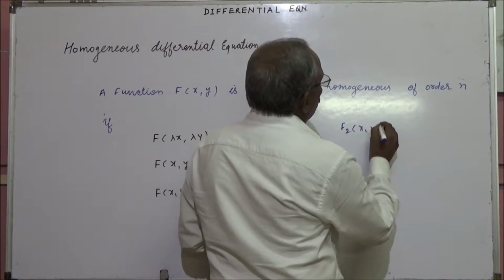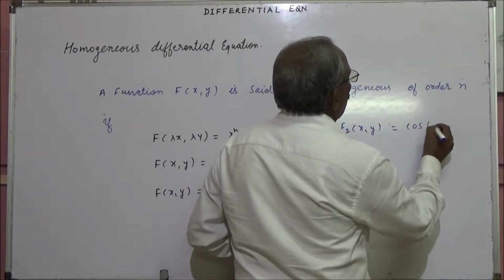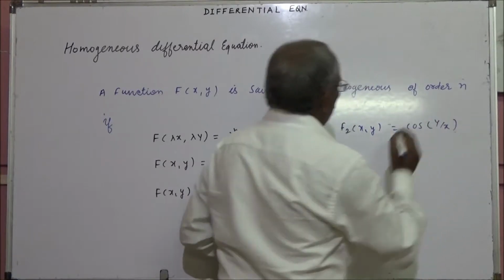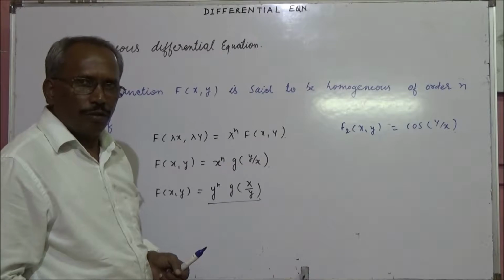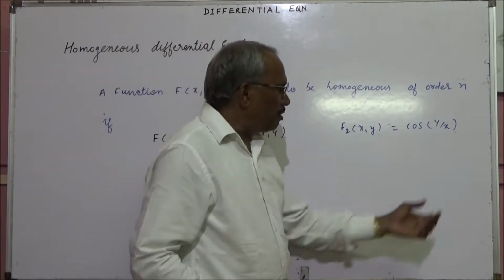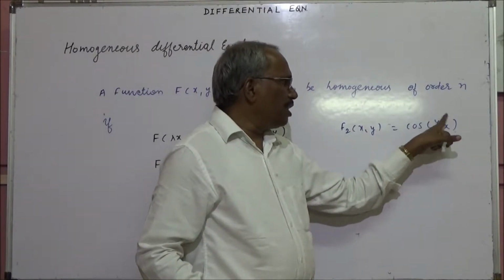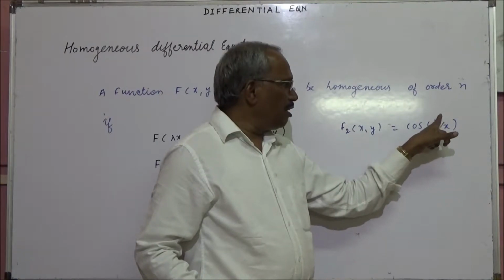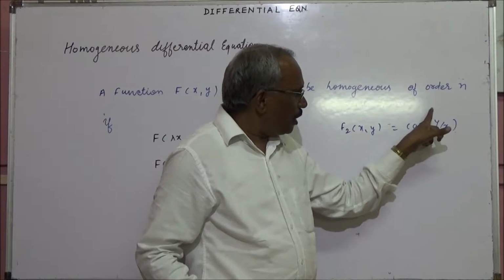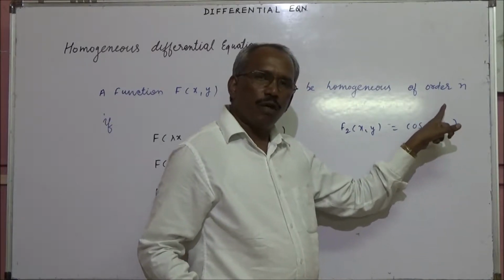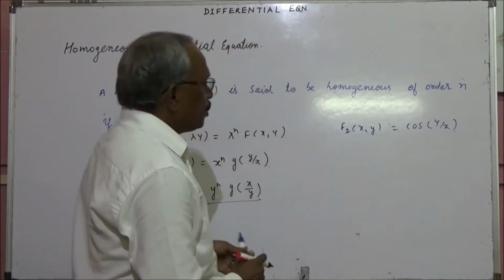f2(x, y) is equal to cos of y by x here. Now ये तीनों में से कोई भी एक मेथड यूज करेंगे हम लोग. Okay. So what is the degree of this function here? Degree is 0. Degree of y is 1. Degree of x is 1. Therefore the degree of y by x is 1 minus 1, 0. So I'll write here